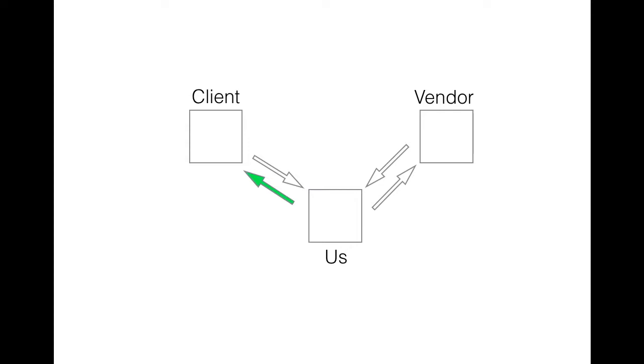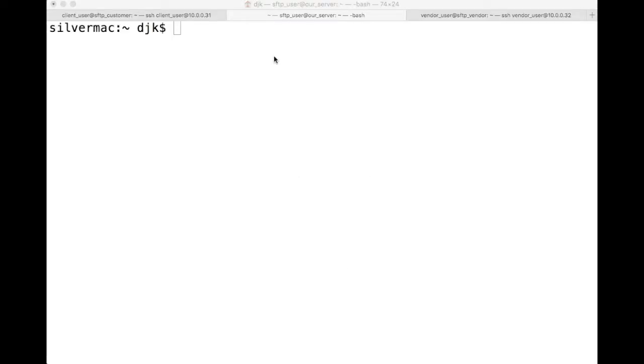So let's get started. Here we are. I'm logged on to a terminal application running on my laptop. You can see at the top here I've got three separate tabs. They are labeled Our Server, the SFTP Vendor, and the SFTP Customer servers. You can see that we've got different IP addresses for each of these. I'm going to log into Our Server